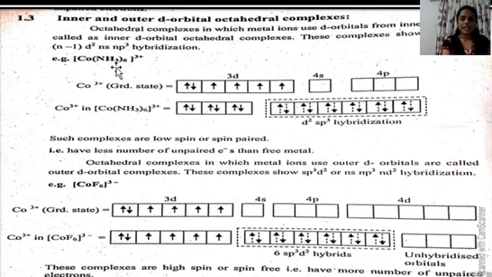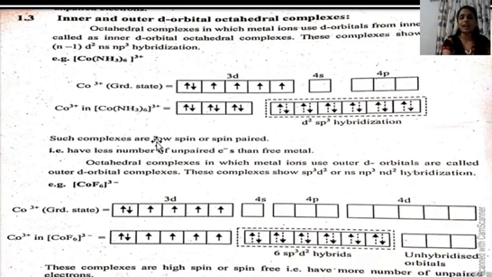We are having NH3 as a ligand here, which is a strong field ligand. So it will cause the pairing of the 3d electrons and two 3d orbitals will be emptied. So these two can be involved in forming bonds with the ligands. Therefore, these two d orbitals, this one 4s and these three 4p, give d2sp3 hybridization. Remember, the d orbital we are using here is the inner orbital. Here n is 4, therefore we are using the 3d orbital, that is the (n-1)d orbital. Therefore, it is an inner orbital complex.